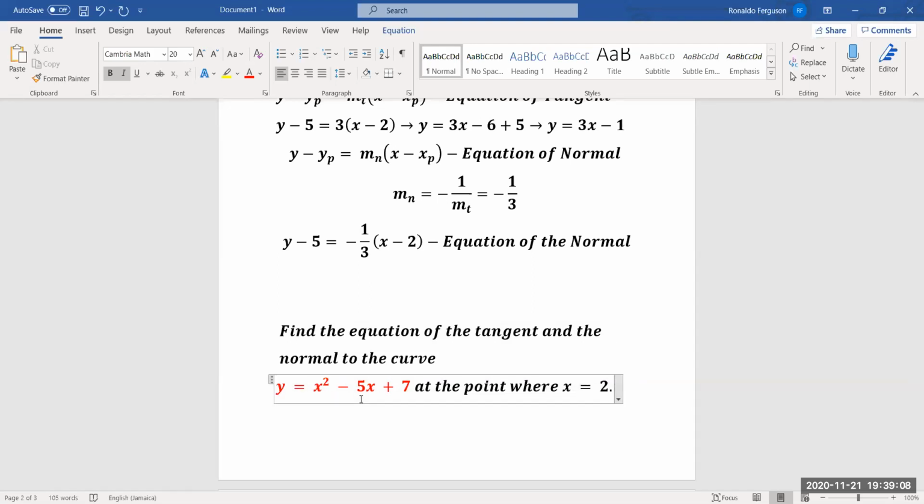I'm going to call this curve x cubed minus 3x squared plus 2. So y is equal to x cubed minus 3x squared plus 2. And I want you to find the equation of the tangent and the normal when